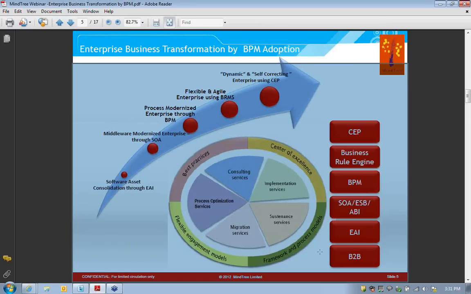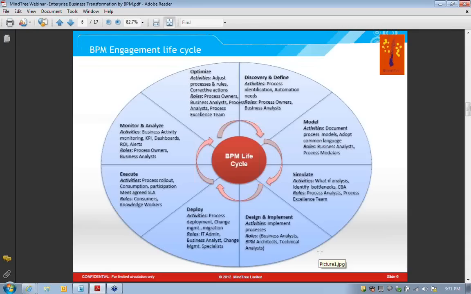BPM engagement life cycle. So many of you who are going through this particular discussion, I'm sure will be curious, who are not already exposed to BPM engagements, projects, etc. How it is different from the basic application development scenario or a basic integration scenario. So the BPM engagement life cycle we are talking about will of course start from the discovery and